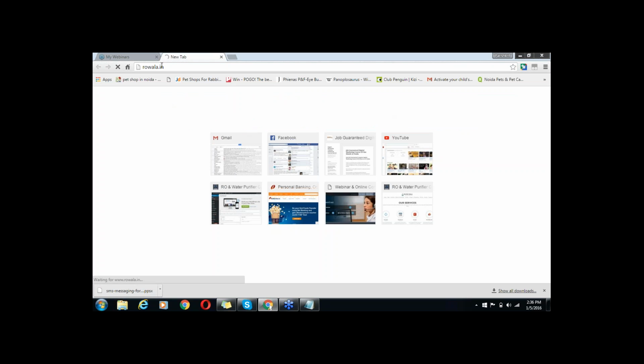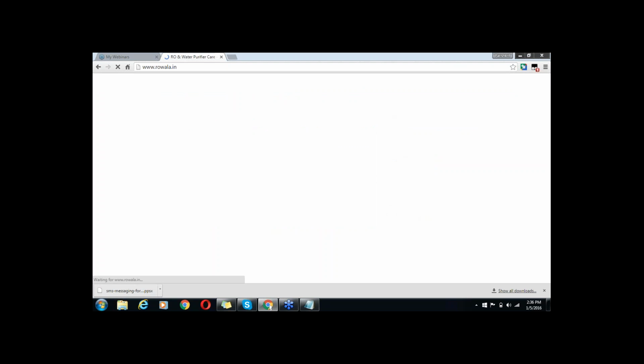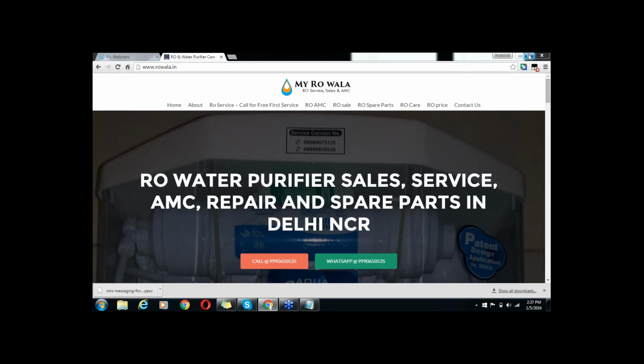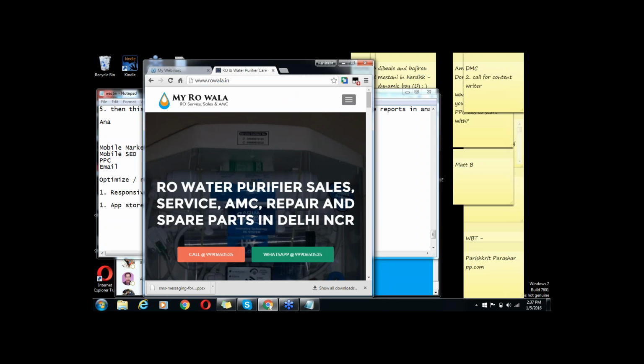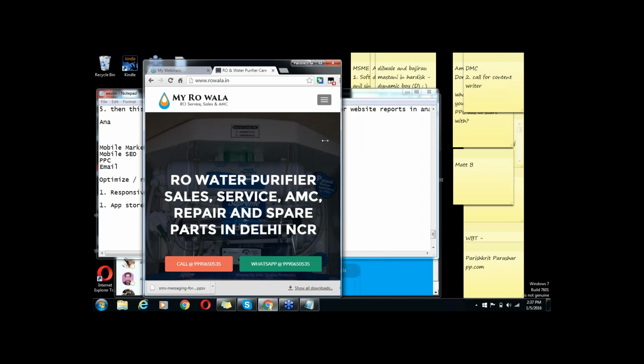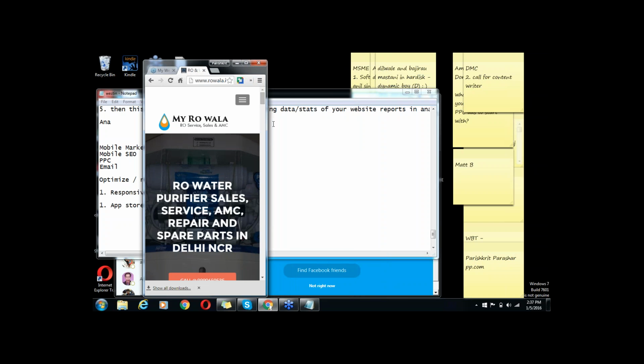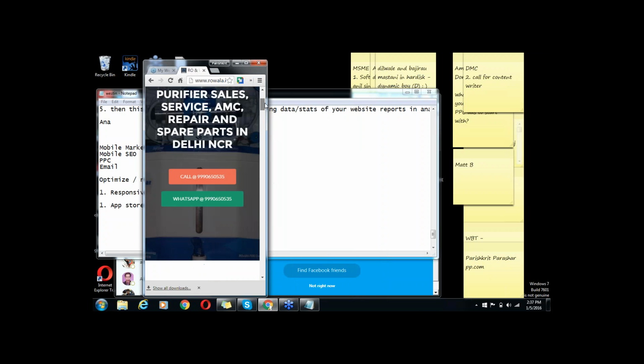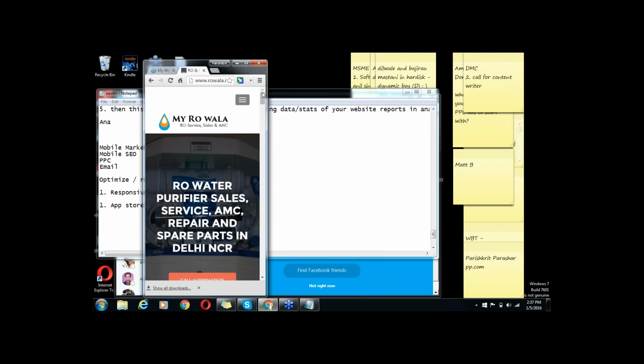So you can see that this website is opening in the web browser. If you want to see whether this is responsive or not, you can resize the window, you can change the size of the window. Can you see that? Even as I am changing the size of the window, the website is adjusting itself to appear well.